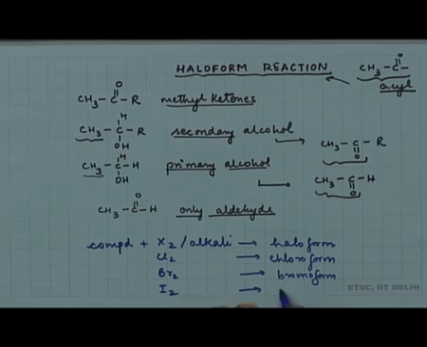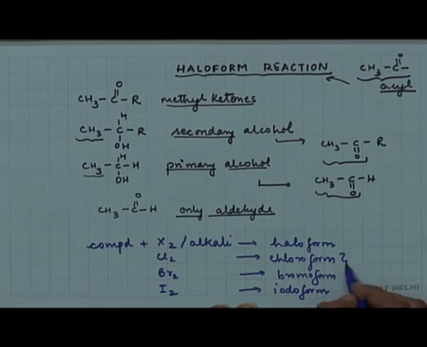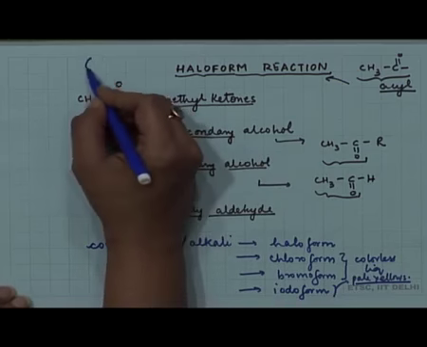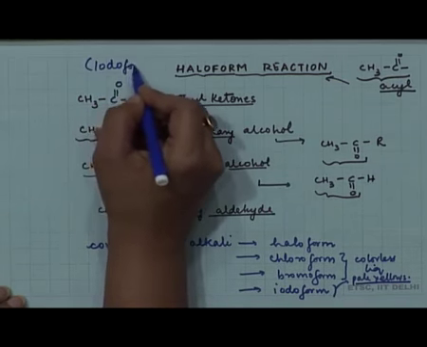If you take iodine, you get the corresponding iodoform. Chloroform and bromoform are colorless liquids, while iodoform is a pale yellow solid. This is a pale yellow solid, and that is why this reaction is popularly known by the name iodoform